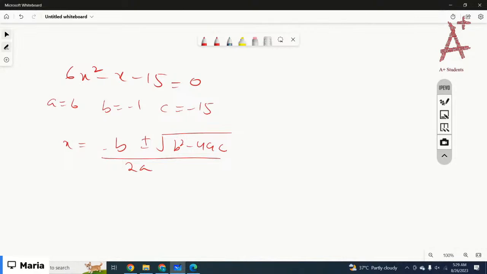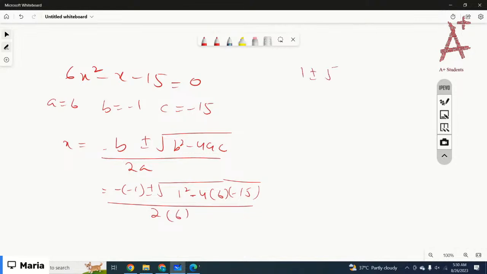Let's just put the values. It would be negative of negative 1 plus minus square root of negative 1 square minus 4, a is 6, c is negative 15, divided by 2, a is 6. So it would be 1 plus minus square root of 1 plus 360 over 12. That would be 1 plus minus square root of 361 over 12. So square root of 361 is,